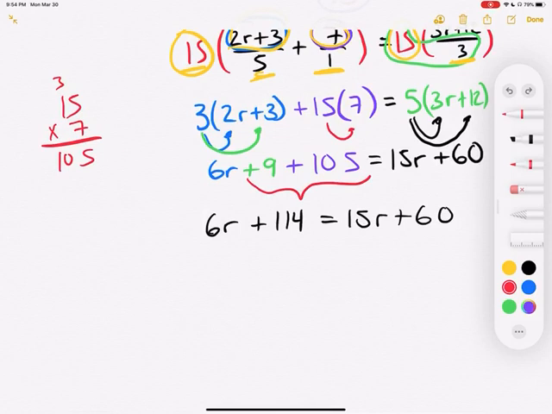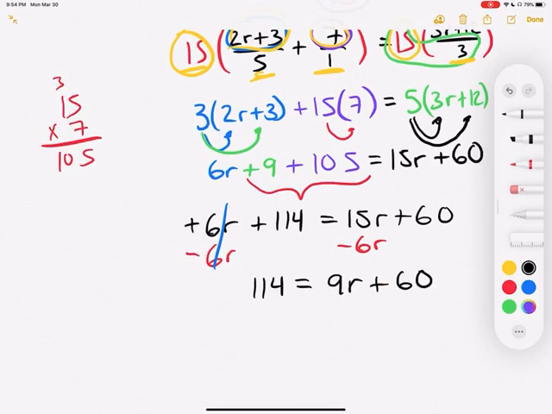Okay, so how do I get rid of a positive 6r? With the opposite operation. Minus 6r on the left. I also have to do minus 6r on the right side. If I combine like terms, the left side, those 6r's cancel out. The only thing left is the 114. On the right side, if I combine those two r's, that's 15 minus 6. That should be 9r